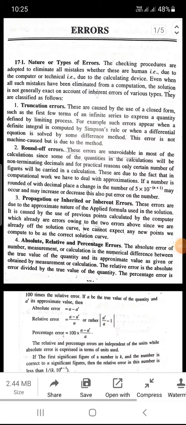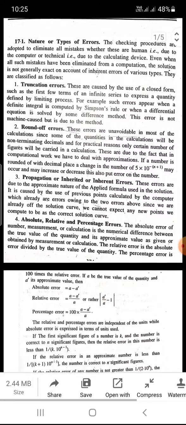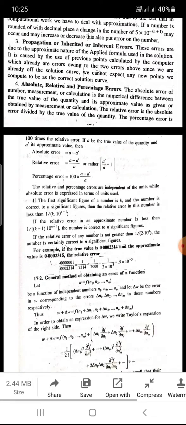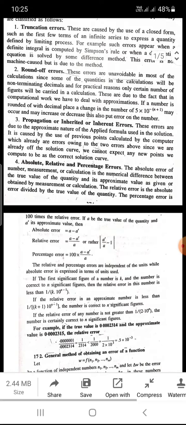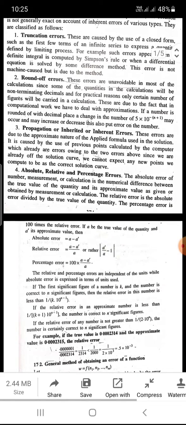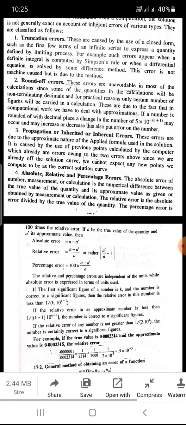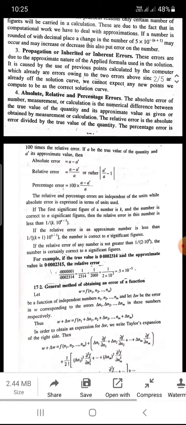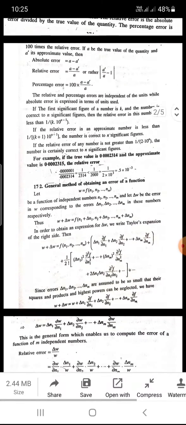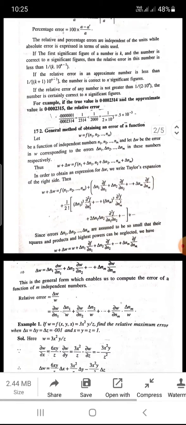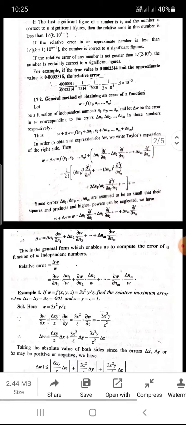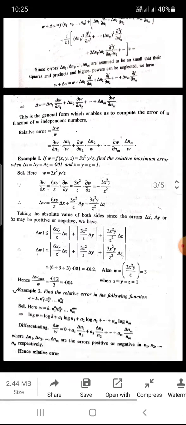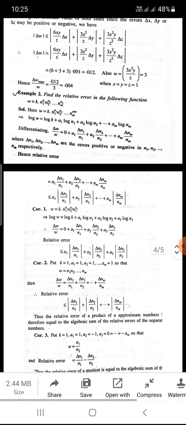Last time we discussed the types of errors, and we have seen truncation error, round off error, propagation, absolute, relative and percentage error. Today, to clear these errors, we will discuss some examples. First example,